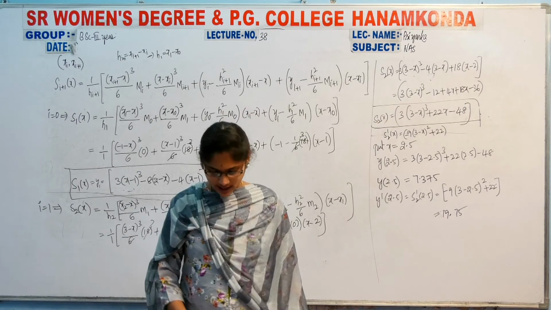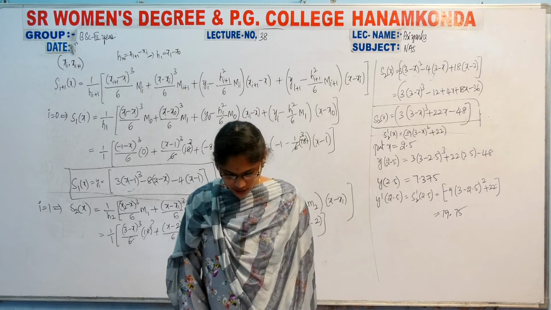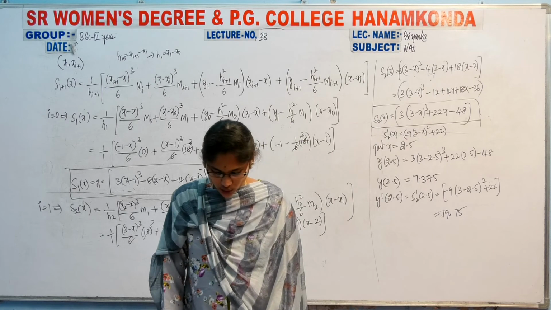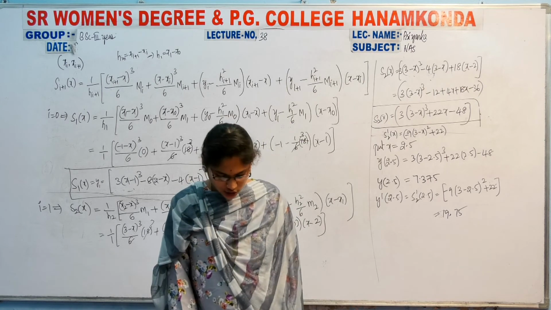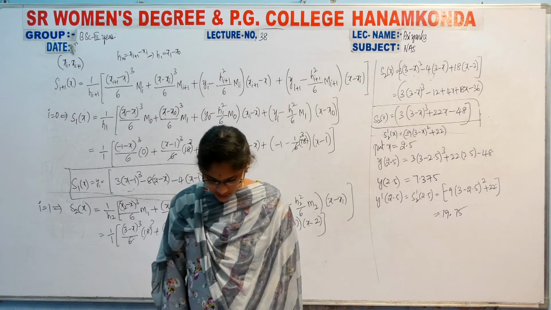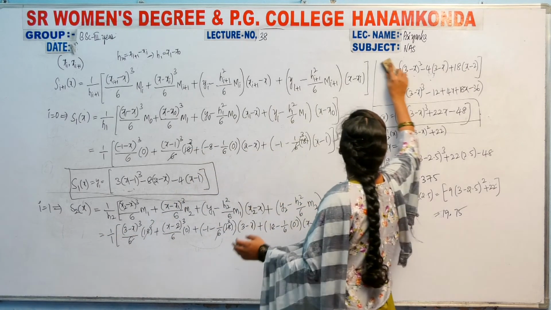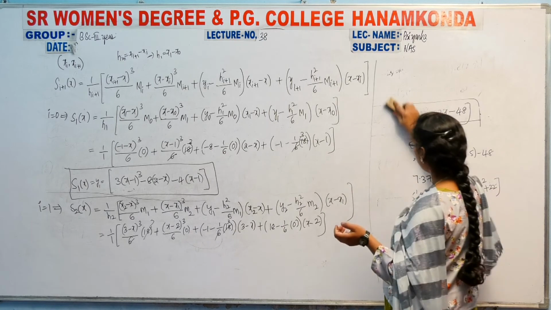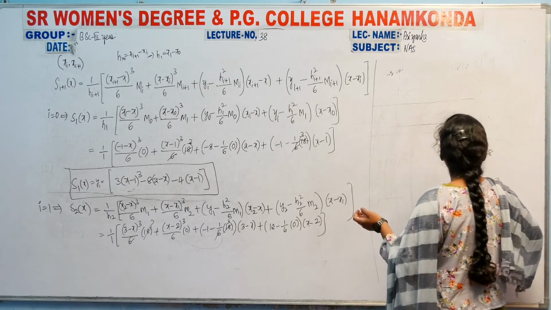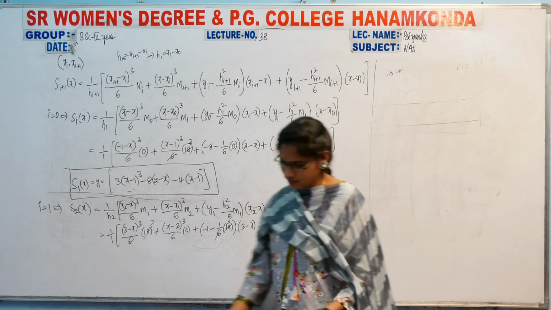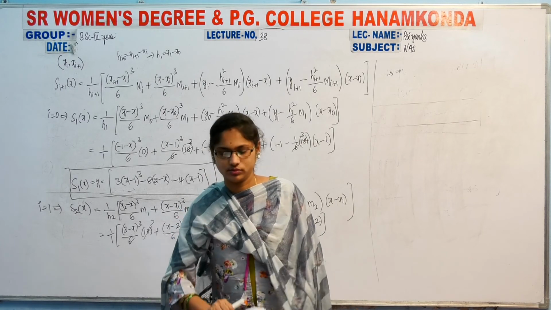Okay, so like this we can. And now here I am going to give an application to you, so try to solve this one, otherwise I will send the solution for this. Okay, now write down one question. Given the points, I will give the hint to you. Given the points (0, 0),